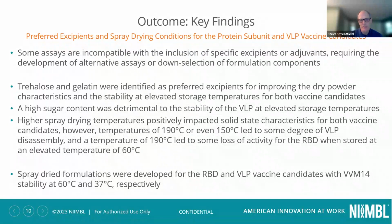So out of this, we gleaned that the best temperatures for us were around 110 for the virus-like particle and around 150 for the receptor binding domain. So the key point to take home from this is that we did develop spray-dried formulations for the receptor binding domain and the virus-like particle vaccine candidates, with vaccine vial monitor day 14 stability at 60 degrees and 37 degrees